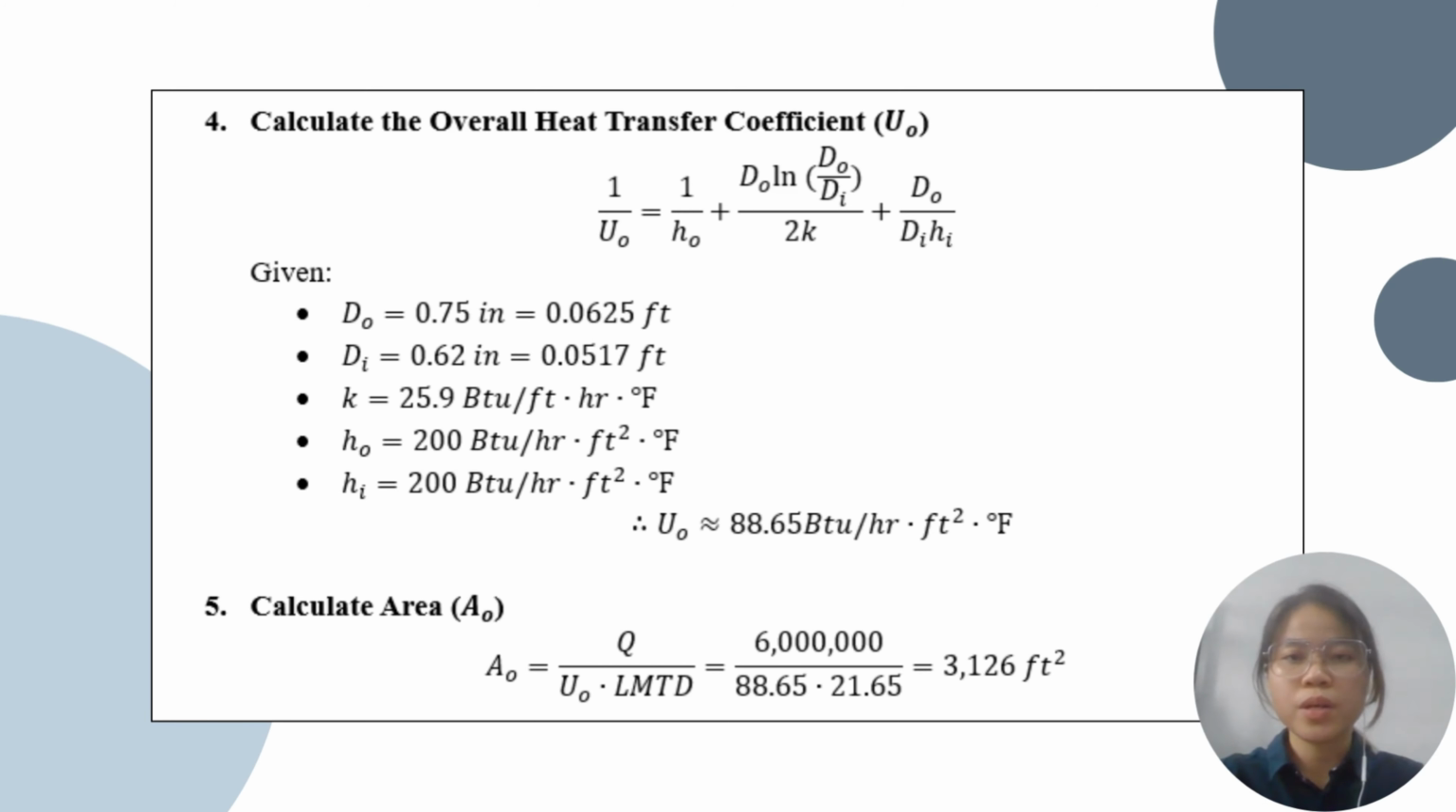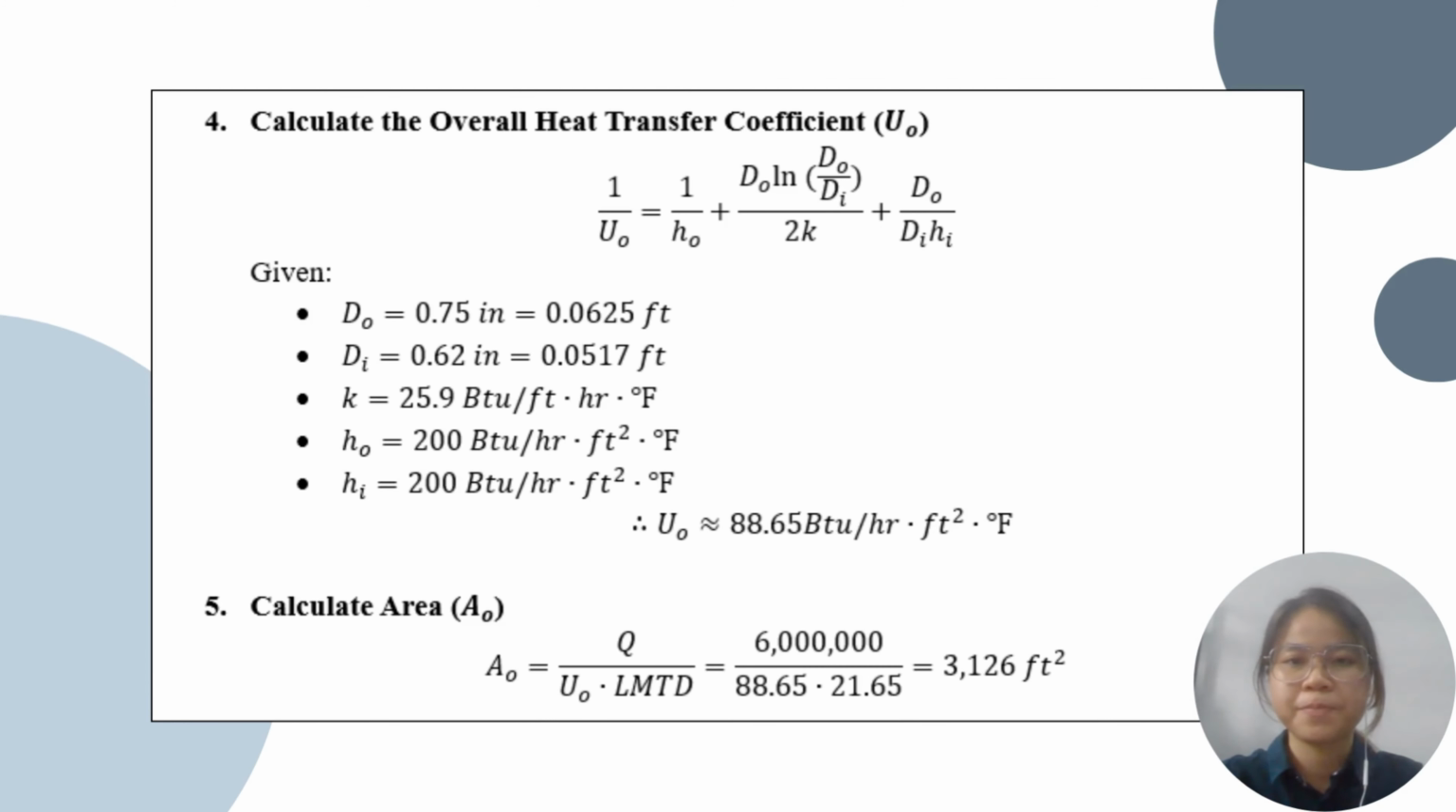Then we calculate the overall heat transfer coefficient, UO. Using the formula provided in the problem, we combine the internal and external film coefficients, Hi and Ho, with the thermal resistance of the copper tube wall. This gives us a UO of 88.65. So finally, using the heat transfer equation, A equals Q over U times LMTD, we find that we need a total surface area of